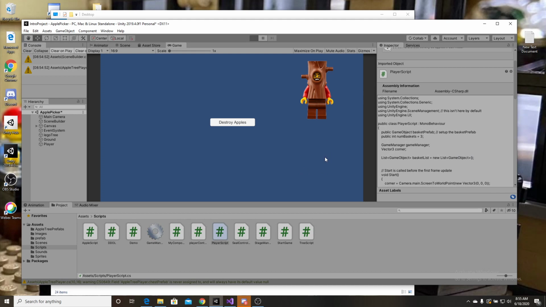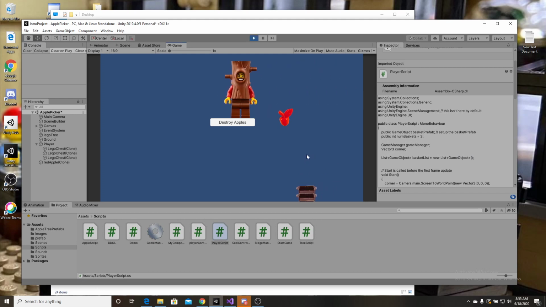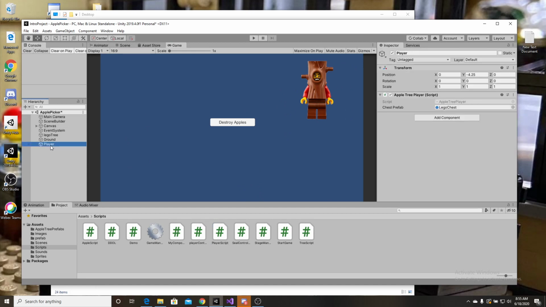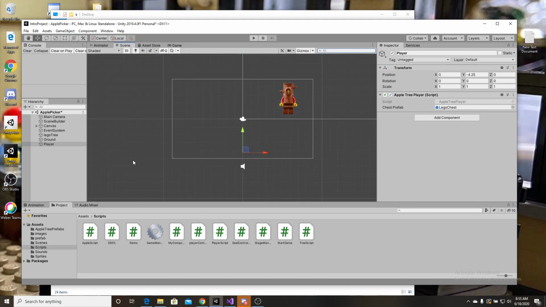All right, now we're down. So we're at the bottom of the screen, and we're offset from the bottom of the screen. So that's good. If we look at the player, the player is effectively at the bottom of the scene there, and everybody else comes up from there. If I press play